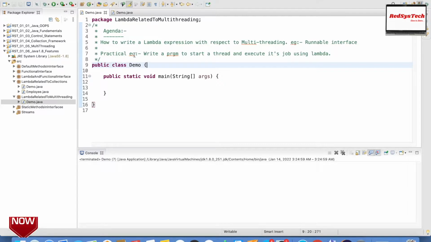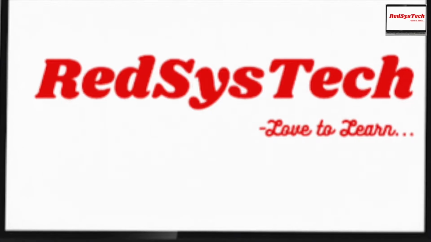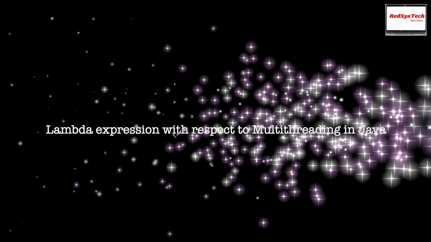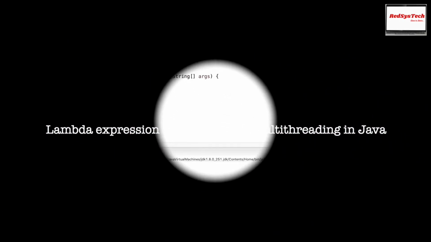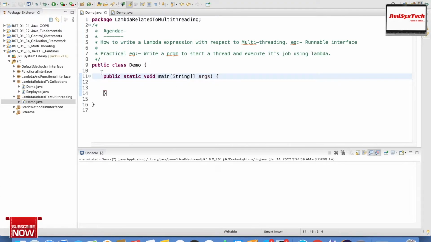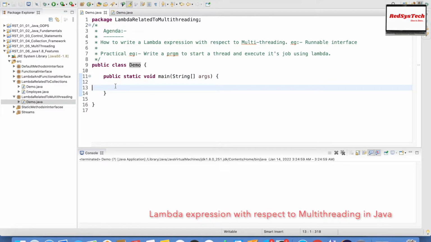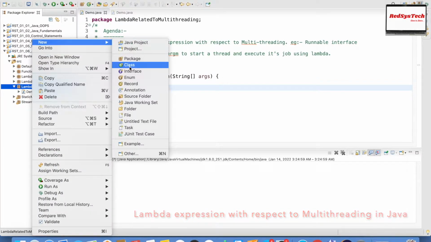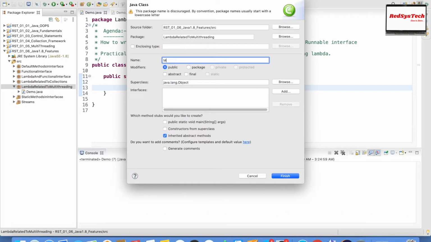So basically the practical example is that I want to write a program to start a thread and execute its jobs using Lambda. Okay, so what I did here is I'm just taking one class called Demo wherein I have a main method. Now I'm going to create a thread class, right? So in this same package I'm going to create a class called MyThread,